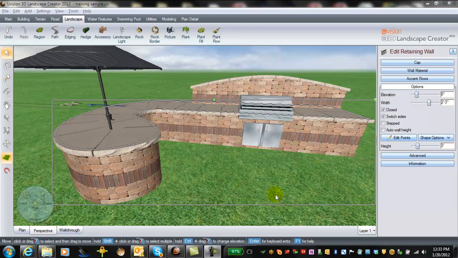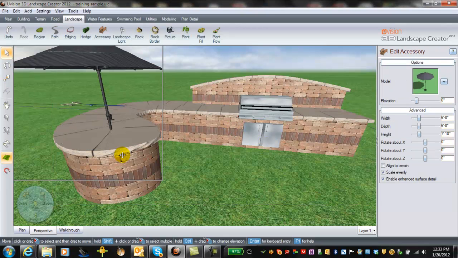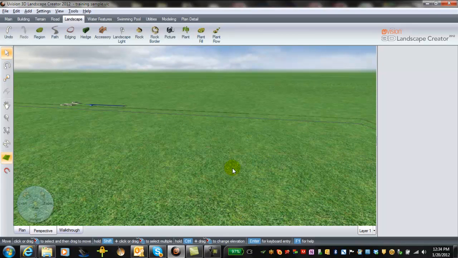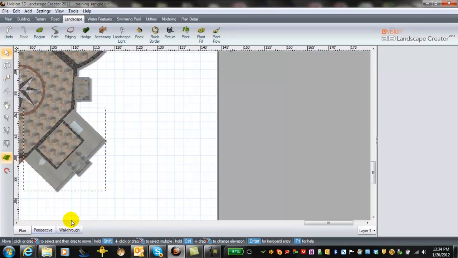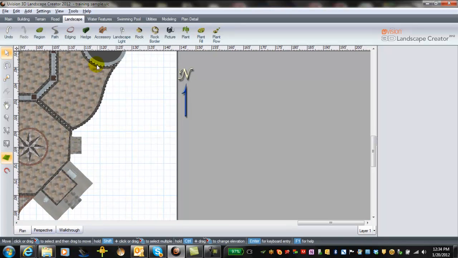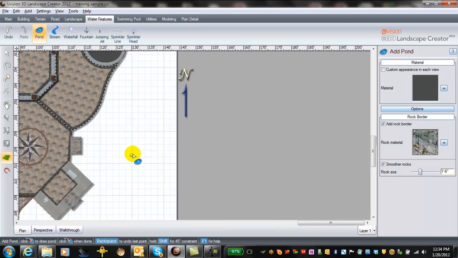Okay, let's build ourselves a reflecting pool. We'll get rid of our island here, our island example. And so we'll go to plan view to do that. And we will select, we'll go over to water features, pond, and we'll build a pond. Just a simple